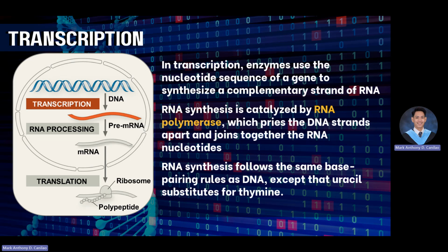When you talk about DNA polymerase, it creates a long chain of DNA, while RNA polymerase is used to create a long chain of RNA. So it synthesizes or creates an RNA. You have to realize also that when we talk about RNA polymerase, we do not use thymine anymore. Since we are creating RNA, thymine is replaced with uracil.